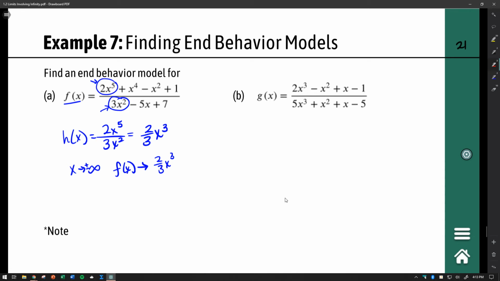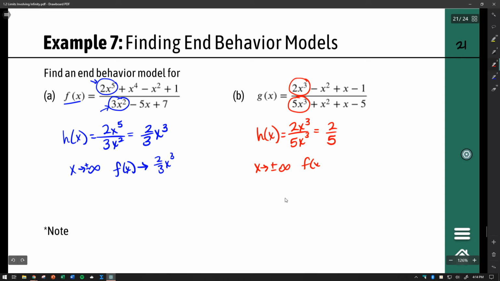Over here on g, here's the leading term, here's the leading term. So we'll use h again. That means our end behavior model, 2x cubed over 5x cubed, is going to reduce to just 2/5. So that tells me as x grows large, then f of x tends towards 2/5. And we want to note here, because what we see on part B is we are tending toward a constant,